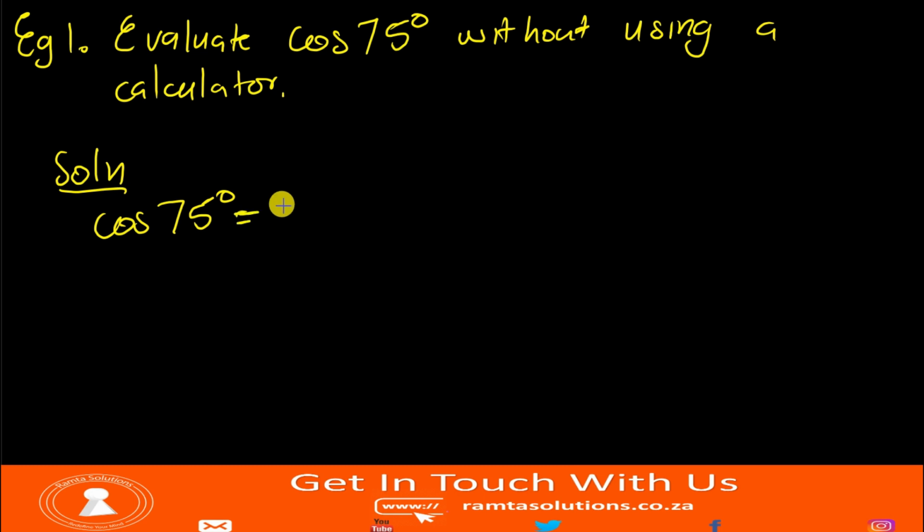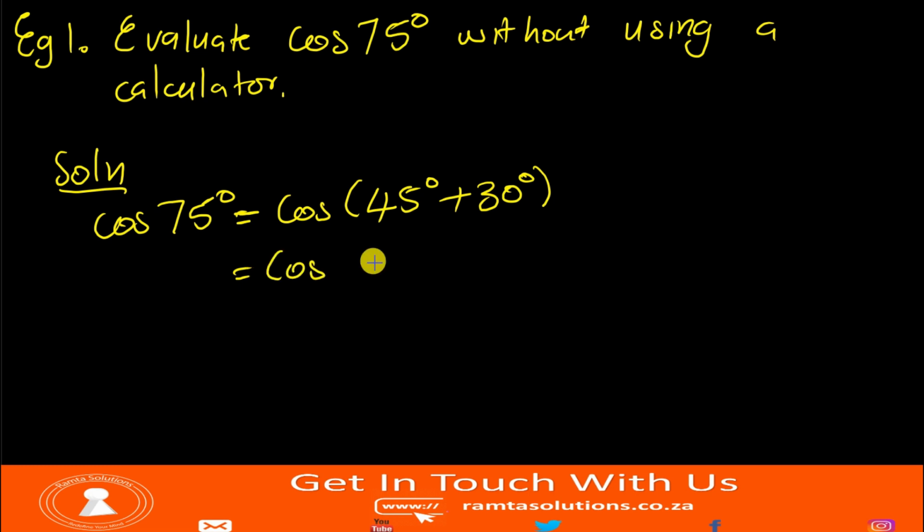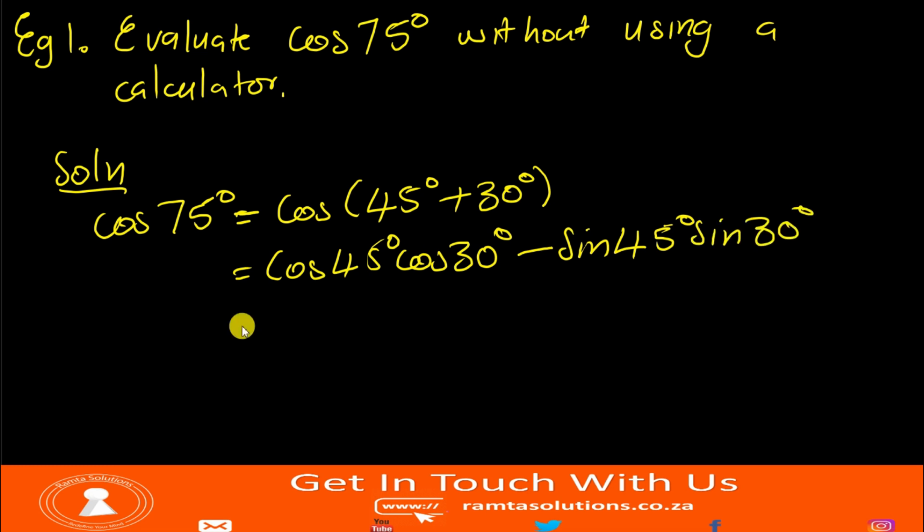We can say, basically 75 degrees, like we said in the opening slide. When they say without using a calculator, we need to think of special angles. It will be cos of 45 degrees plus 30. Now, this is cos with a plus. So this means we will say cos 45 degrees cos 30 degrees, minus sine 45 degrees sine 30 degrees. Okay, because I know these guys,